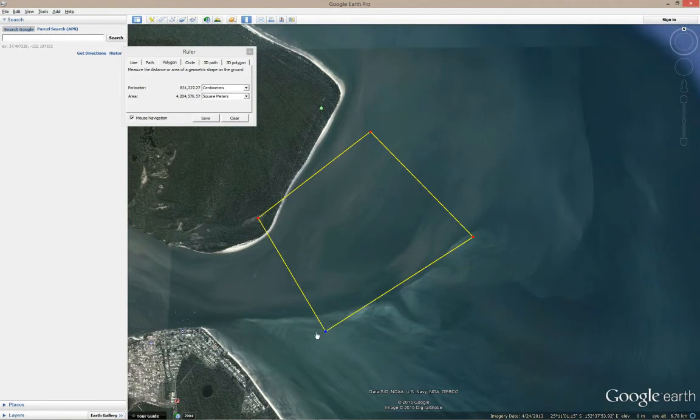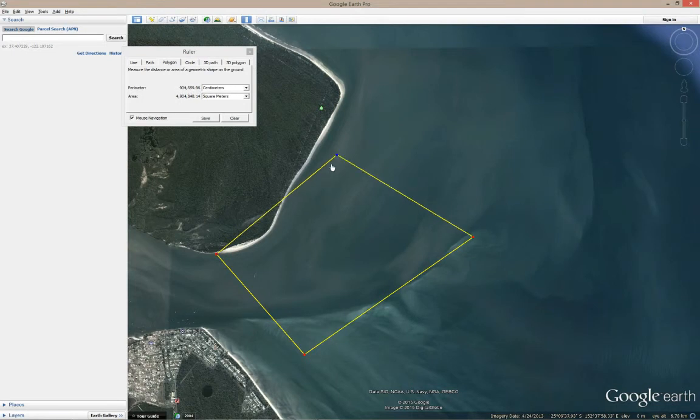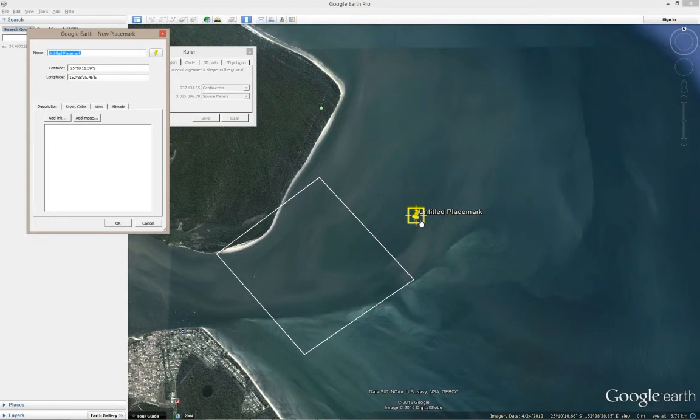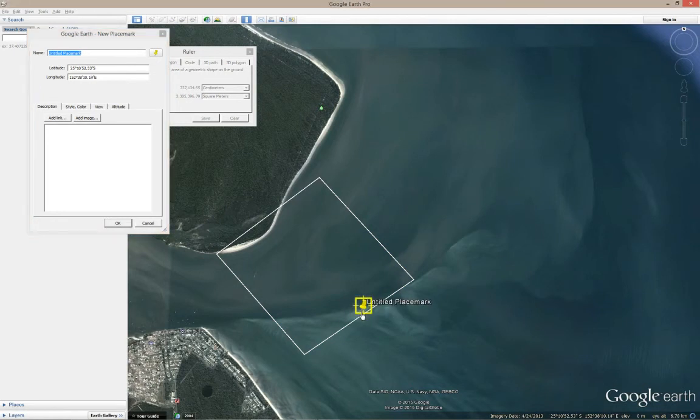I'm going to zoom a little bit closer to the beach, just so that it's a bit more visible. I'm going to bring my pretend square here. I'm going to say, okay, what we want is we want to have this point here and this point here. We're going to use edge markers. So I'm going to use the place mark tool to drop a place mark here,